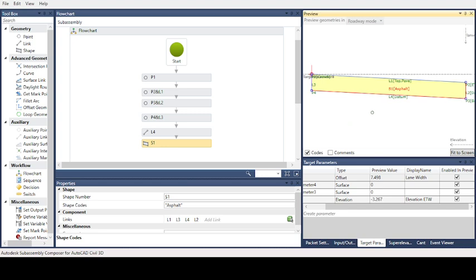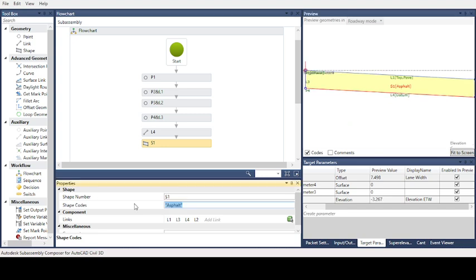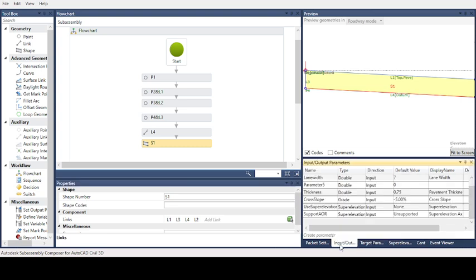And there is another method. For the shape, we go to the input and output parameters. We add a parameter, this string, which is used to write text, and we will give it the material name.